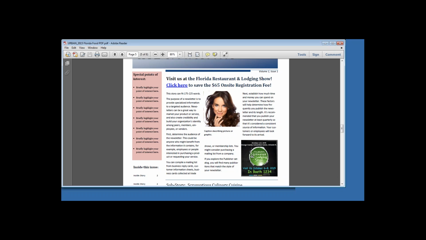If you do not have room for the button, you can do something like this. Visit us at the Florida Restaurant and Lodging Show. Click here. Again, you're just going to have to be sure that the click here hyperlinks to the link in the email that we sent you. Okay, what we're going to do now is we're just going to go over to the live ordering site,